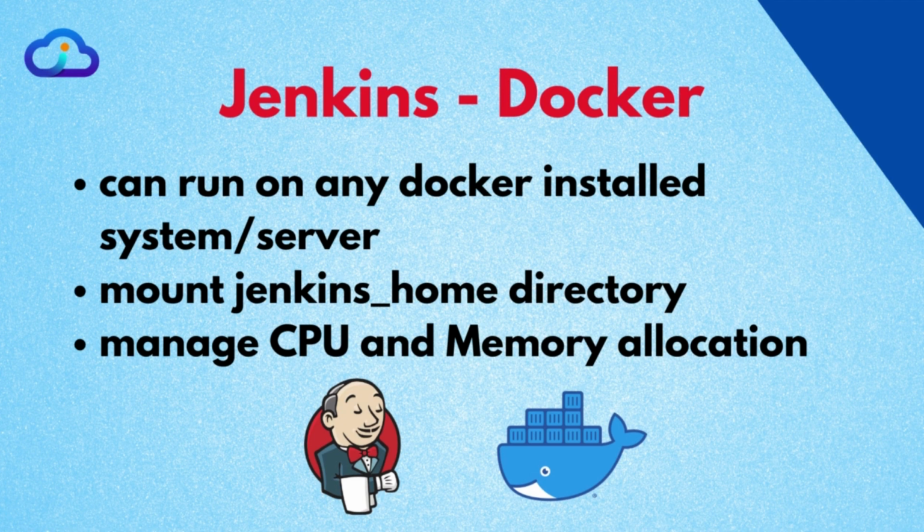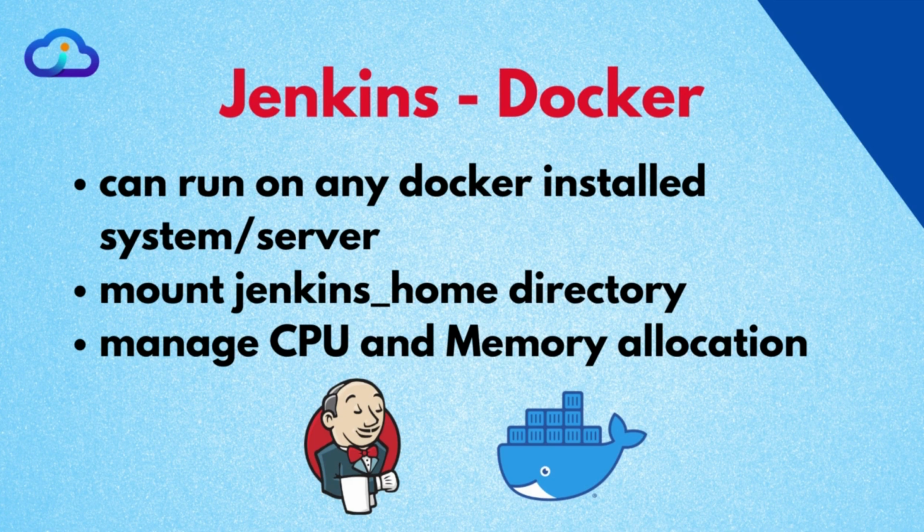When we install using a Docker container, one of the most important concerns is that containers may come and go. So we need to mount the Jenkins data directory so we can save our pipelines, our previous build status and users data too. One more core benefit of using Docker is you can control how much CPU and memory you need to give to that Jenkins server. Now because you can mount a volume, while you deploy it on an AWS EC2 instance, you can attach one separate EBS volume, and mount it to your EC2 instance.